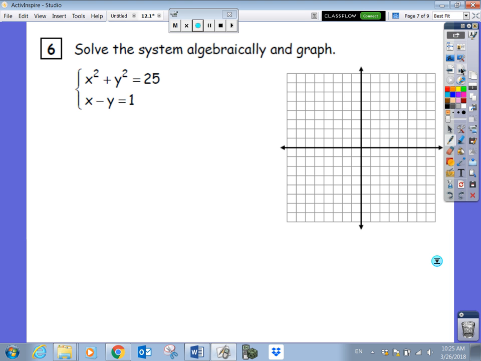It doesn't matter which one. Since the x is already positive, I'm going to bring that y over. You could bring the y and the 1 over. It doesn't matter which one you do. So I'm going to plug this. Now I'm going to substitute it into the other problem. If you substitute it into itself, you're just going to keep getting the same answer